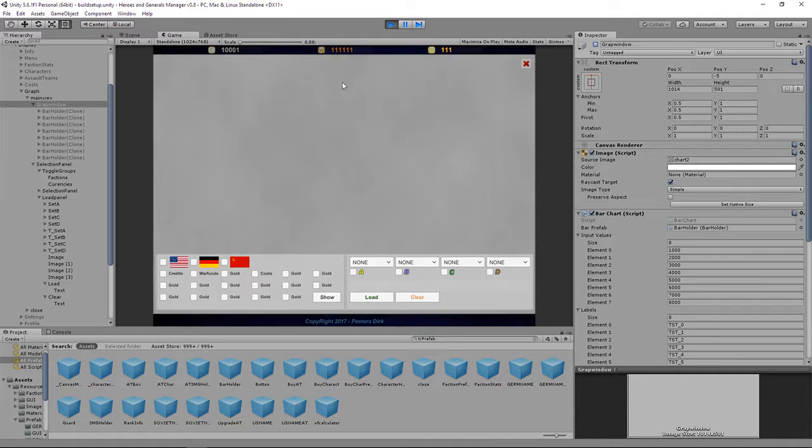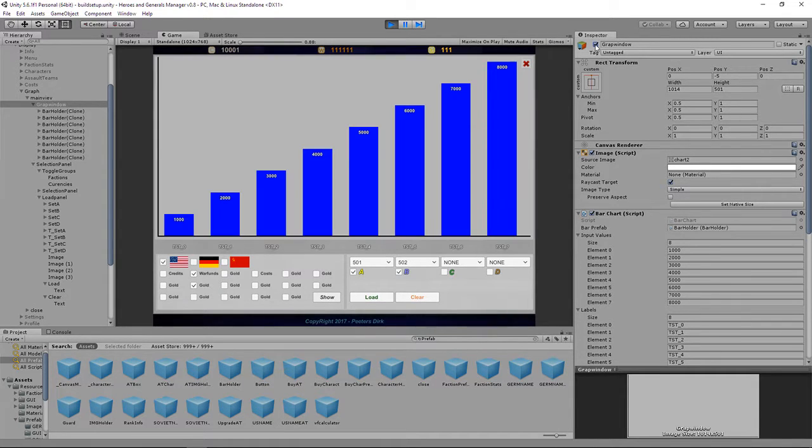So you come to a screen, you only see the image with the background image, and then you're going to start like, I want to have the 501, I want to have the 502, yes, those two I want, load. Then it's loading it, and when you start selecting the elements, for example, and the moment you hit show button, then pow, you will have your graphic